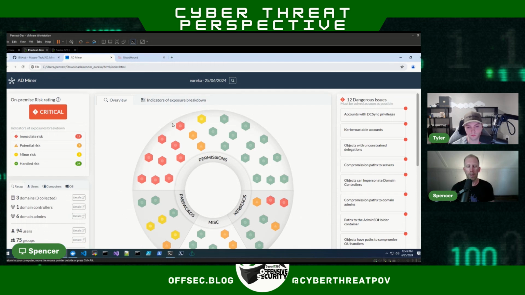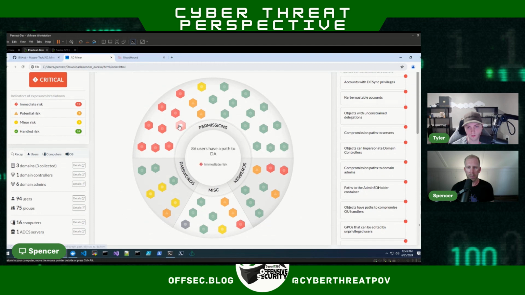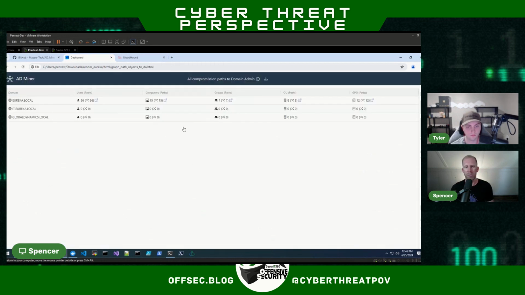So that's not super impressive on its own. But when you get into some other things, I think it's really interesting. When you hover over these little boxes, these little diagram icons, it gives you information about the issue. So this one, I'm going to click on 86 users have a path to DA, which is domain admins. It gives you this little graph here, and then you can select the attack path that you want to look at.